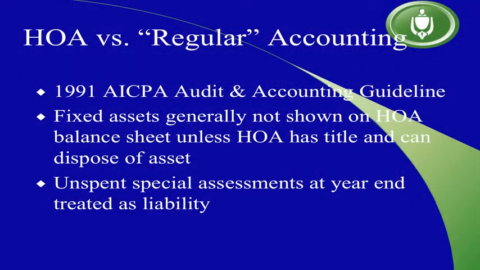Another unique aspect of homeowner association accounting has to do with special assessments. If your association has a special assessment, say to replaster the pool and redo the pool cabana, and it does not spend all of the money by the end of the fiscal year, then the unspent funds should be placed on the balance sheet as a liability. Then the next fiscal year, when those funds are actually spent, they are then moved to the